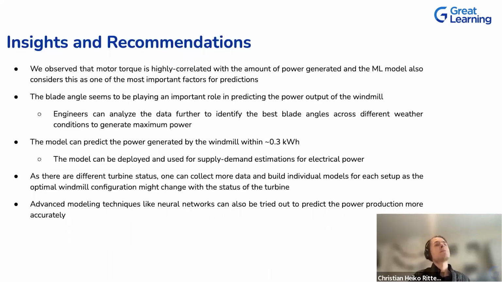Also, if we look at the model and we can say the model predicts the power generated within 0.3 kilowatt hours, then maybe it's sufficient. If it meets the KPIs and the metrics we defined earlier together with our clients, then we are within range and we can deploy this model. If not, we might have to go back and identify better variables and improve the quality of those. So that's oftentimes also done.